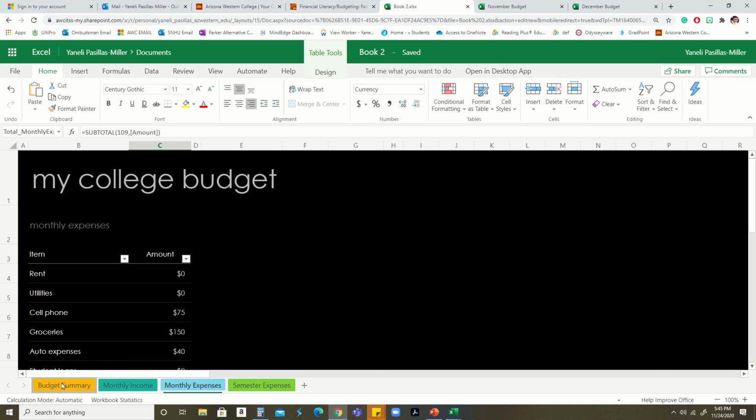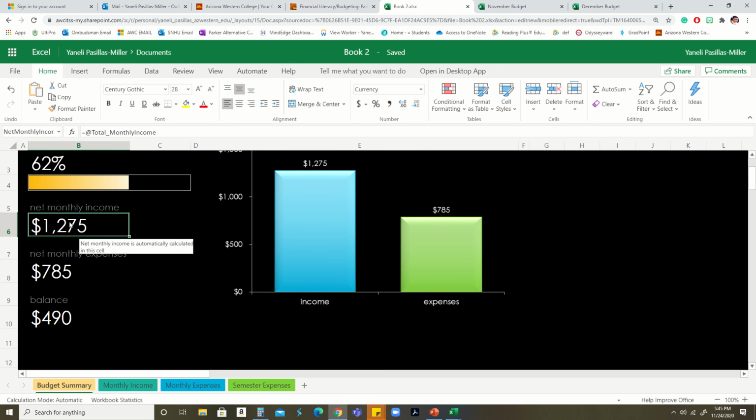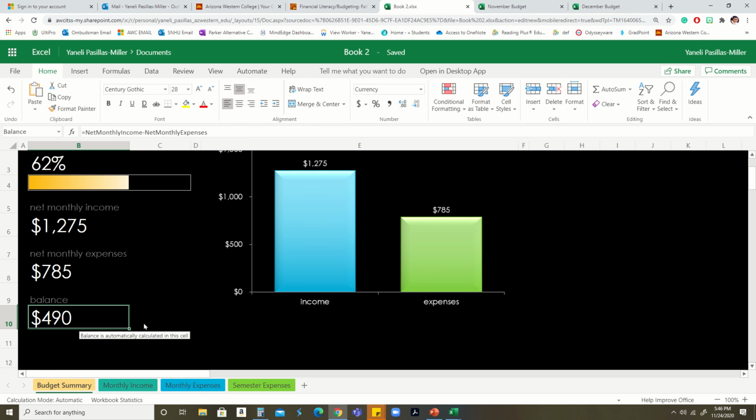If I go back to the first tab, it recalculates everything. All right. And now you have a monthly income of $1,275. You have monthly expenses of $785, and now you're able to save a little bit more. So you're able to save $490. And this can go through and change, of course. So just remember,